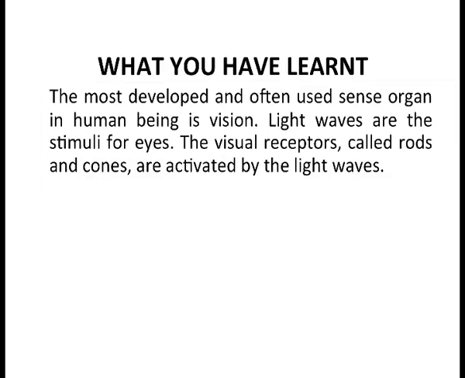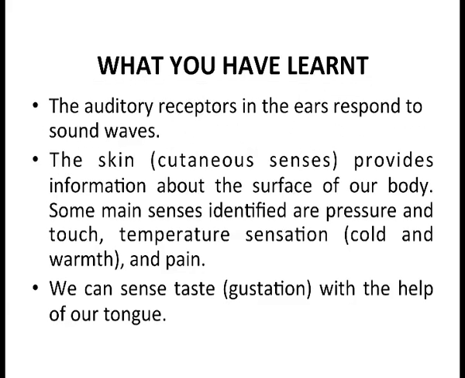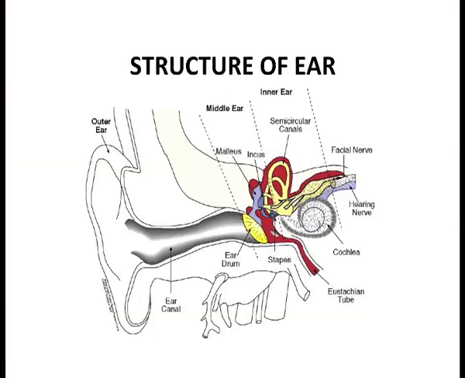The most developed and often used sense organ in human beings is vision. Light waves are the stimuli for eyes. The visual receptors, which are called rods and cones, are activated by the light waves. We also talked about the auditory sense. The auditory receptors in the ears respond to sound waves. The sound waves are produced by pressure changes in the atmosphere. The ear has three major divisions, which are the outer ear, middle ear